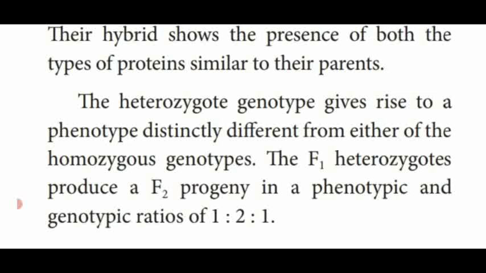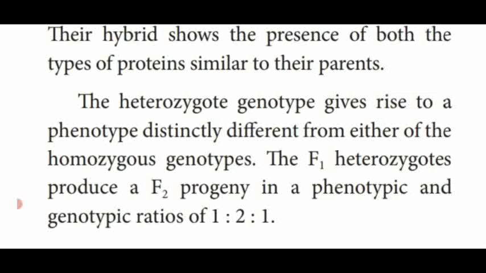The intermediate stage, resembling the heterozygous, is produced in the F2 progeny in a phenotypic and genotypic ratio of 1:2:1. One dominant, one recessive, and another one, what is that? Intermediate. That is the ratio by which codominance is proved in the seed protein content of Gossypium species. Both of them have different protein content in the seed, and the seed protein contents are identified by the method of electrophoresis.